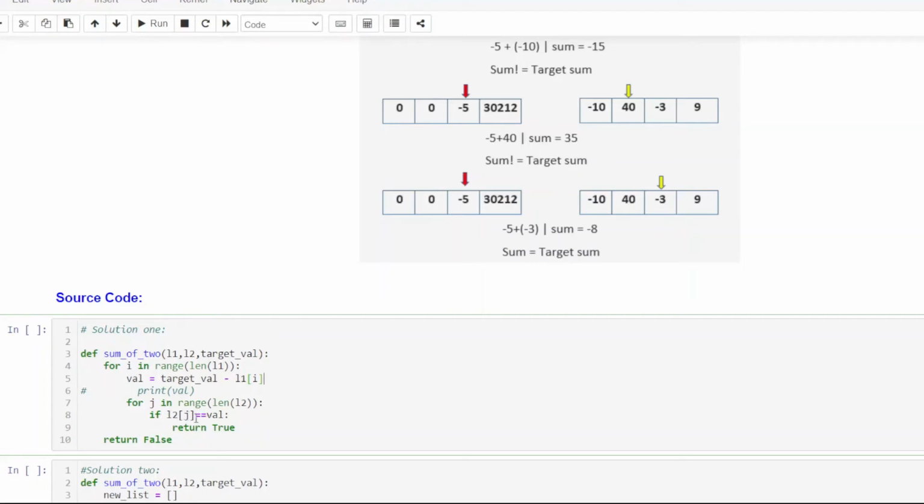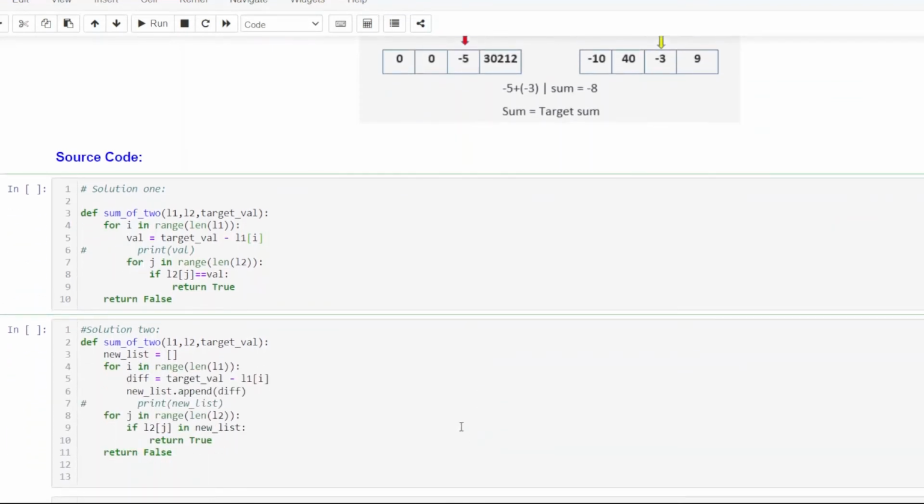So what values we had in our val, that are -8, -8, -3 and -30,220. So now we are going to check if any of these values are present in list 2. So here you can see -3 is present in our list 2. So we will return true. If it is not present, we will return false.